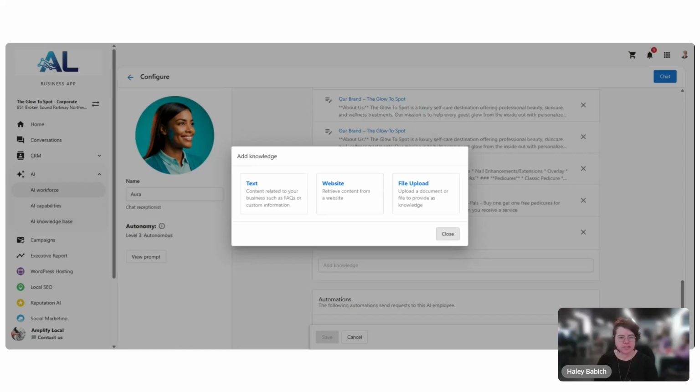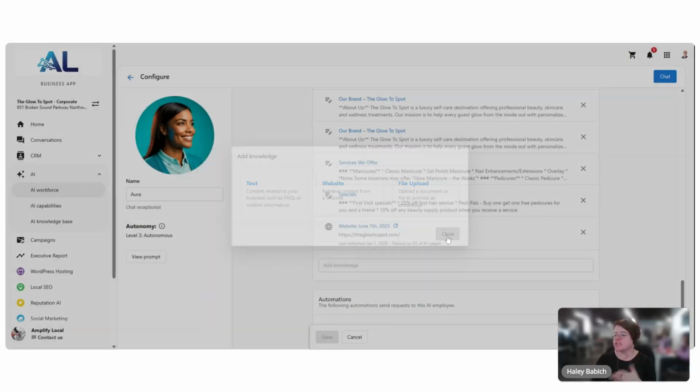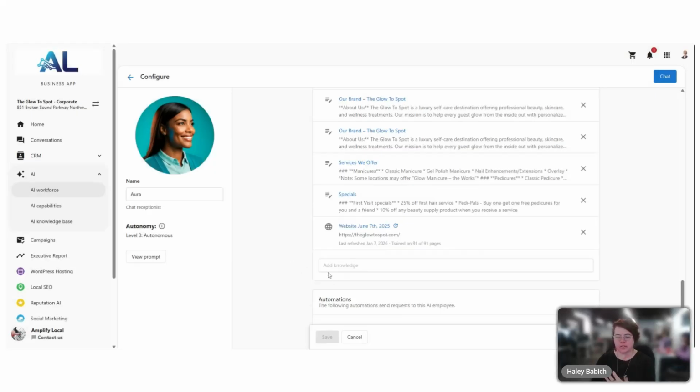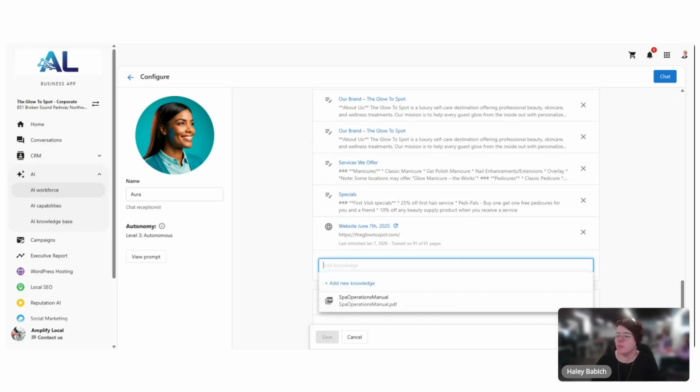So those are the 3 different ways that you can add knowledge. And then you'll see once you add knowledge, you can assign that knowledge to different AI agents. Maybe you don't need your chat receptionist to know everything that your reputation specialist needs to know, or your voice receptionist maybe needs a slightly different bank of information. Once the knowledge is added, you can assign it across your different AI agents by just choosing from the list